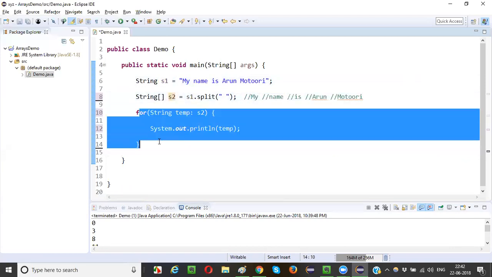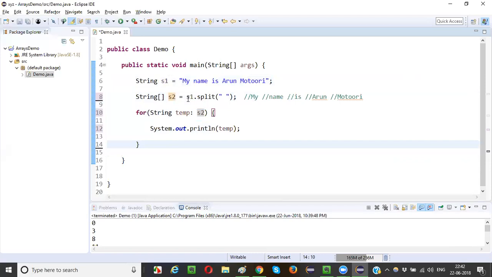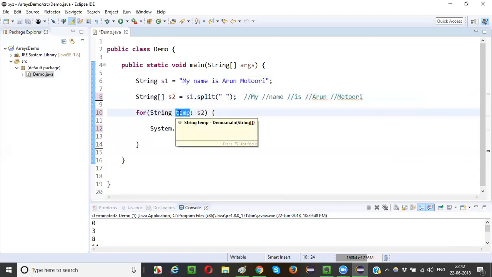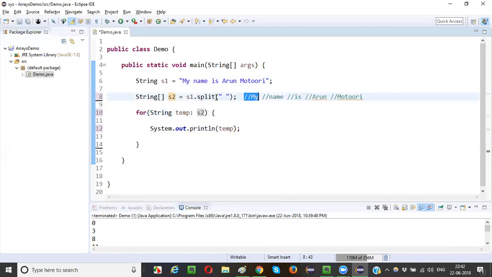So you already know the functioning of the for each loop, right? String, each element here is a string. That's why I kept string. Temp is just a variable. You can give anything, x, y, z, anything you can give here instead of temp. Temporary kind of thing. S2, so what will it do? It will get the first string which got split from this method, and it will assign it to the temp,